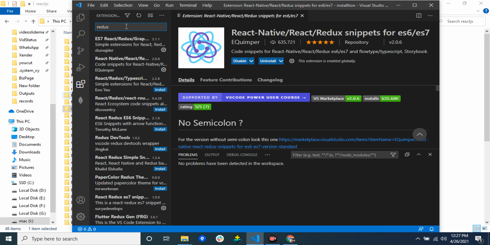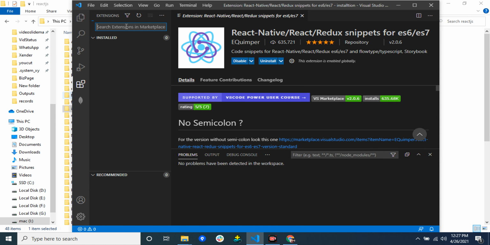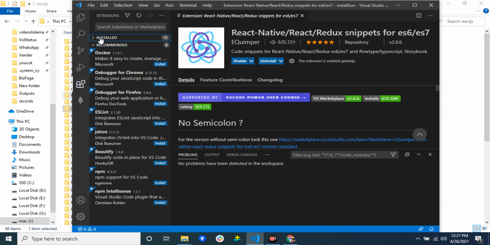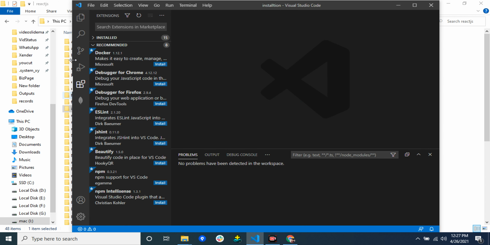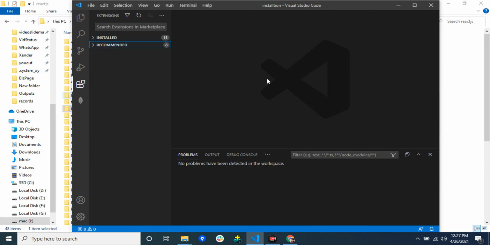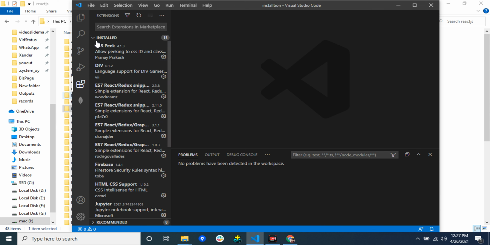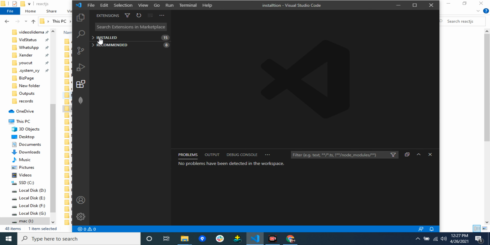You get the shortcut keys for the arrow function, useEffect, and all the necessary shortcut keys in their packages.